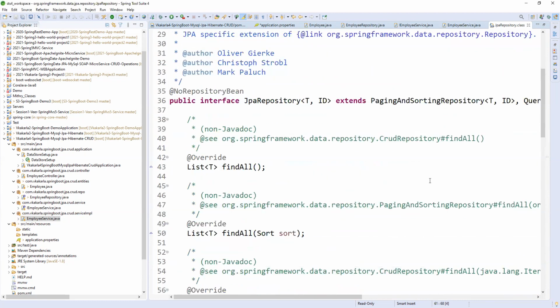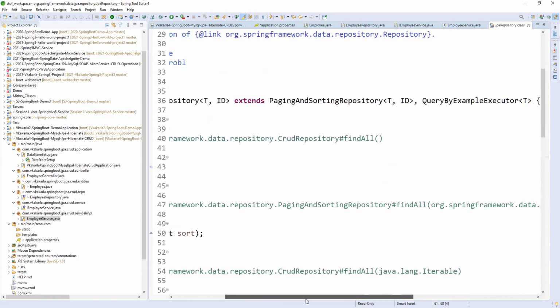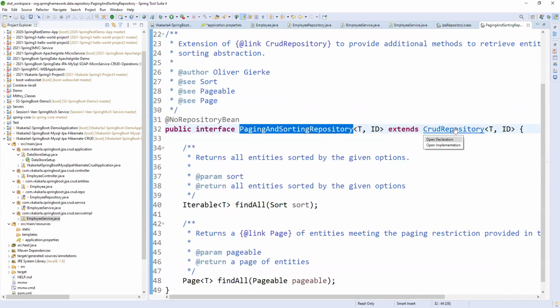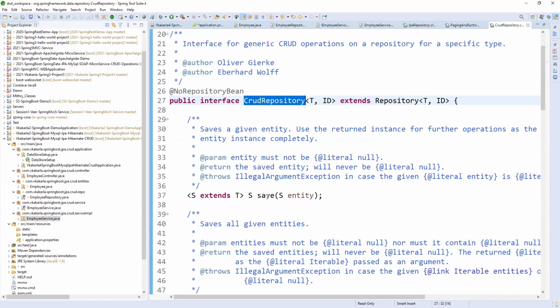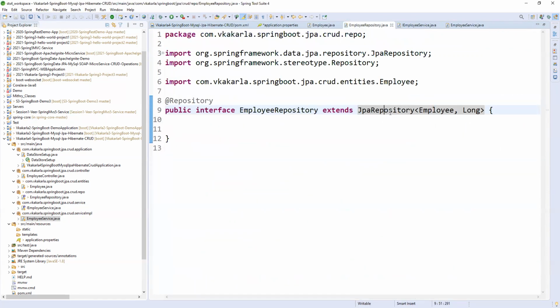If you open this, CrudRepository, one of the super interfaces has a save method. Whatever super interfaces we have, all are available to the child interfaces. So like that we have different kinds of predefined methods in the repository and its extending interfaces. All the super methods are available in our employee repository.